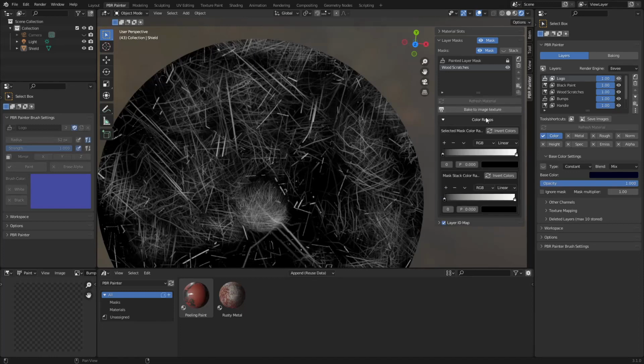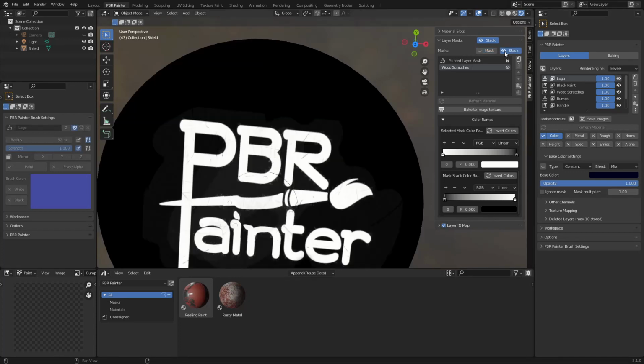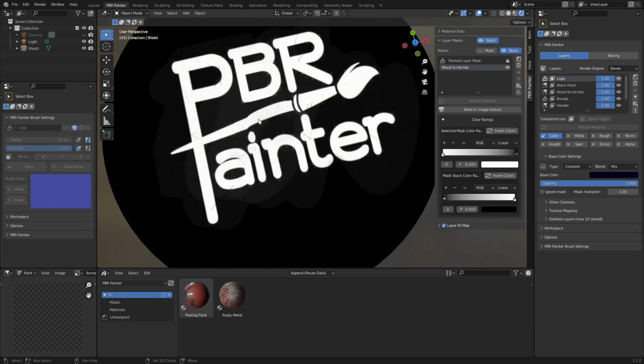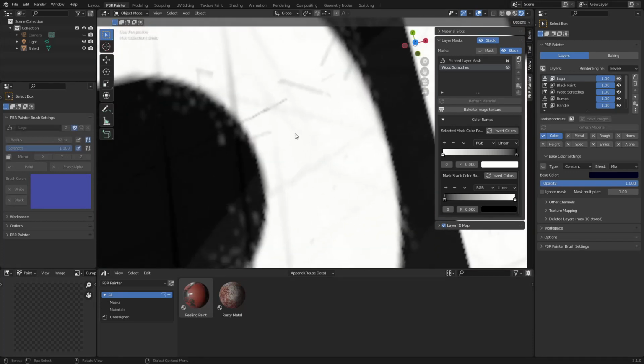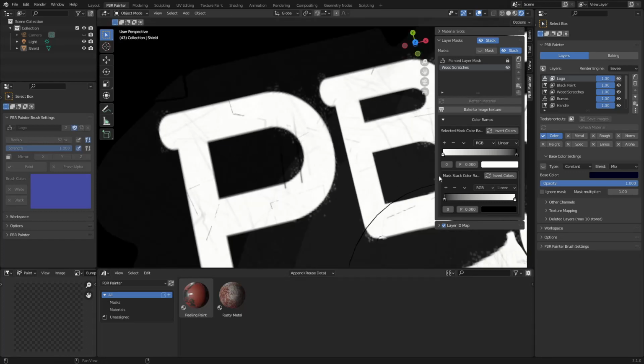So I actually want to flip that color around because I want the same effect as I had in the paint. And now when I preview the stack, what it's doing is it's masking based on the decal that I painted, but it's also masking now based on this scratching effect. So if I just close down this preview now,